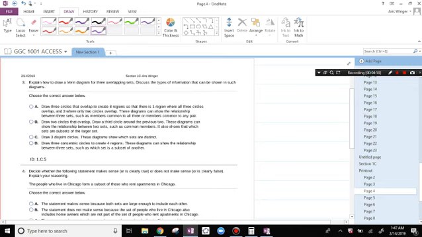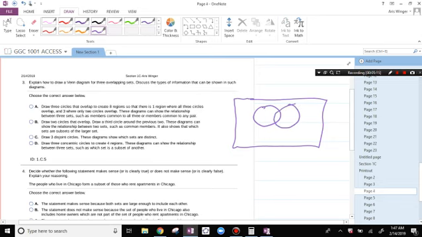Explain how to draw a Venn diagram for 3 overlapping sets. Discuss the type of information that can be shown in such diagrams. So we are going to draw 3 circles. So here is the diagram, here, here, and here. Right? So we've got